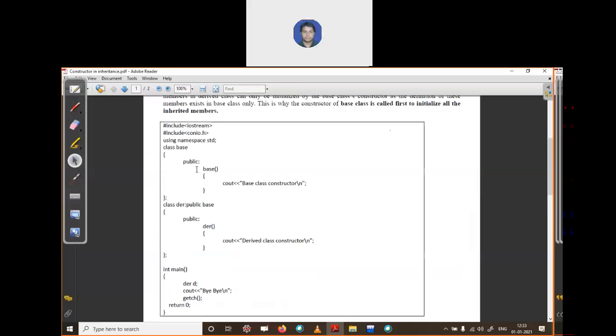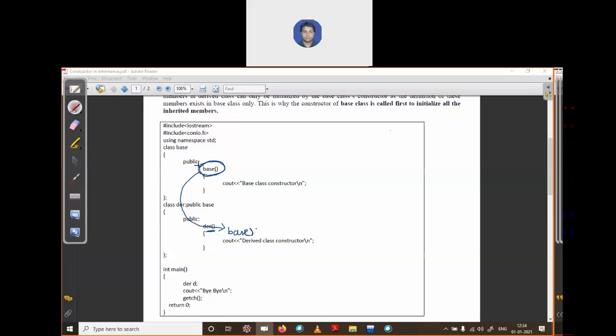In this program, when you create an object D of the derived class, this constructor will be called first, but it automatically binds this base constructor. In the concept of constructor inheritance, when you create an object of the derived class and this derived class constructor fires, before it starts, it will automatically start with the base class constructor.